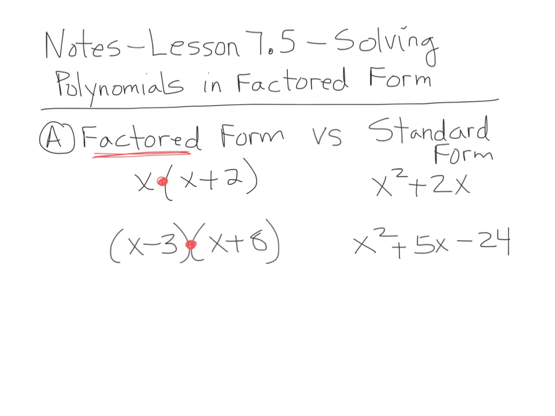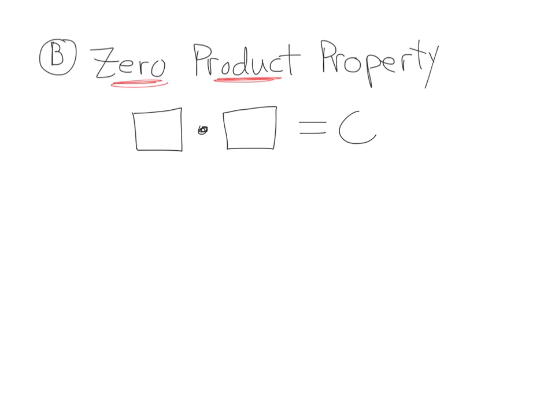All right? There's one more thing you need to know before we can actually do the problems. The next thing you need to know is this property called the zero product property. That's a property you actually already know. The zero product property is when you have a couple things being multiplied together, it could be three things, whatever. Product means multiply. And if the answer equals 0,